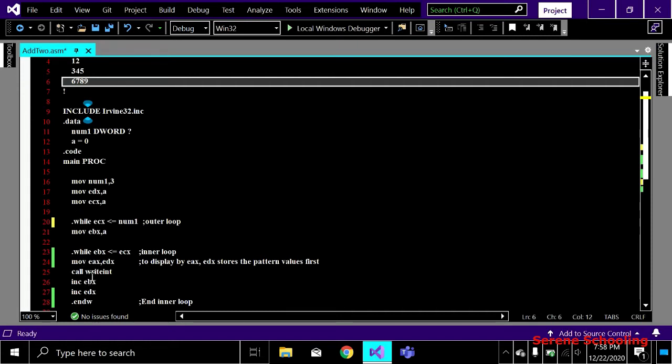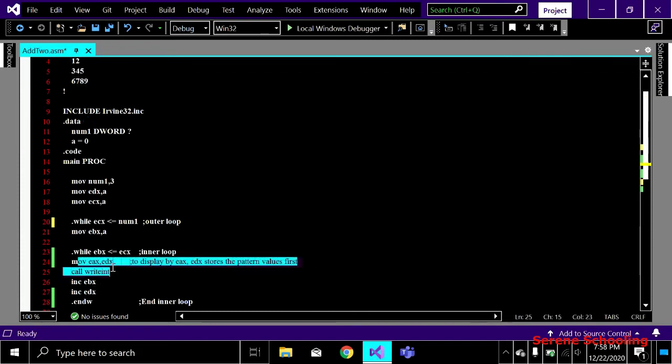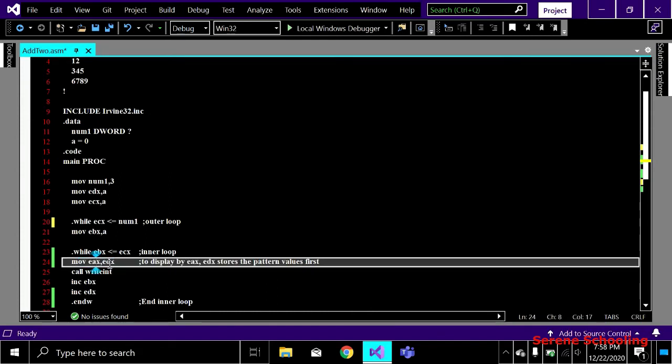So we are incrementing EBX and we are incrementing EDX. And basically you have to see one thing from this statement, that the number we are going to display on the screen will definitely be in EX, but we are moving that number in EX register using EDX. It means that whatever I am going to display on the screen is carried out by EDX. EDX is carrying that value that is just to be displayed, like in this case it is 0, so we displayed 0 first of all, right?